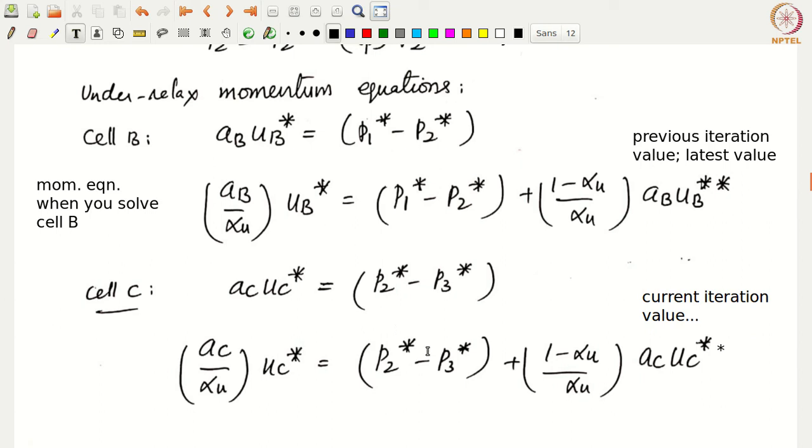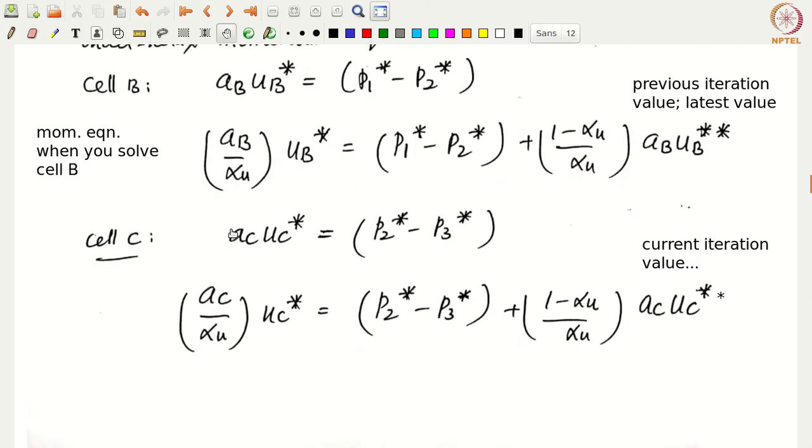After you have guessed the pressure and guessed the velocities, you would use this equation to solve for convergence of these values, using Gauss Seidel or something. In this particular case you don't have to, because you know all these things on the right hand side, so it can be computed. Of course, because we have modified the above equation to use under-relaxation, we not only need the pressure guess, but we also need the velocity guess in order to calculate the velocity values. All right, so now the algorithm is actually complete.